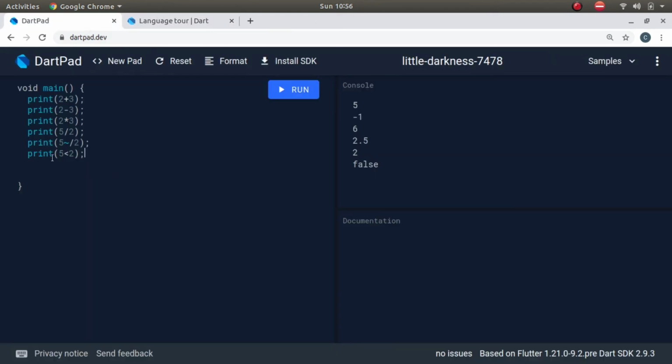After that we have plus plus and minus minus, or increment and decrement operators, which are very important, but we will see them in implementation directly, because they can be explained using a live example. So afterwards when we code, we will see those operators. So that's it for the operators in Dart.